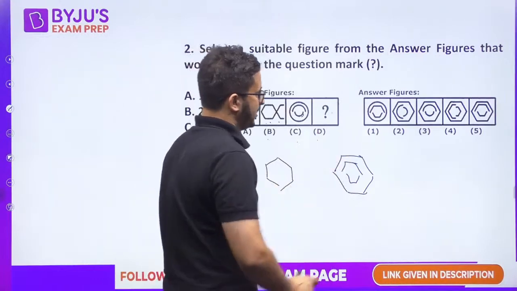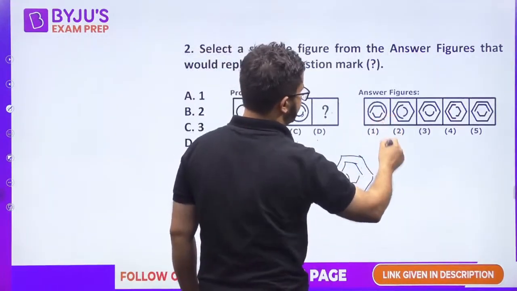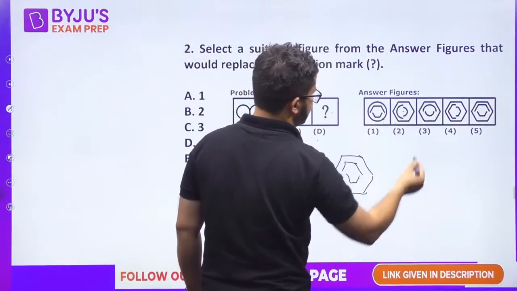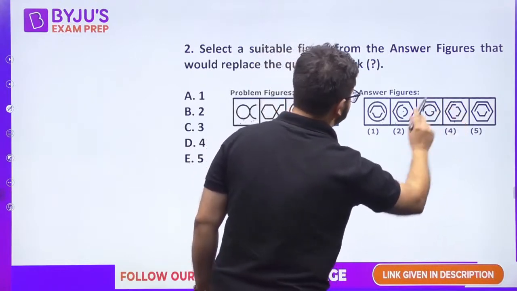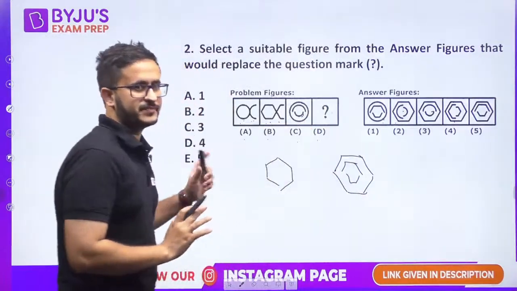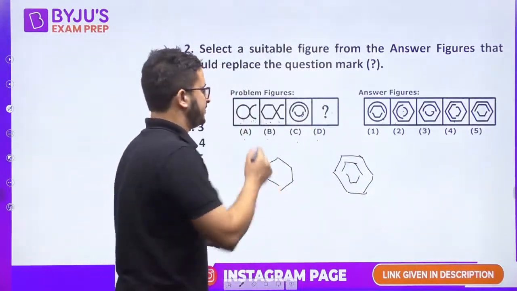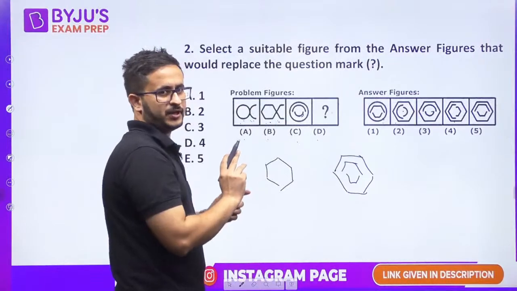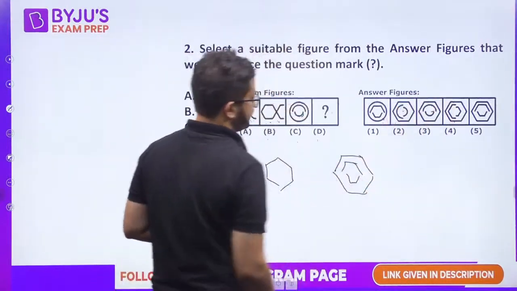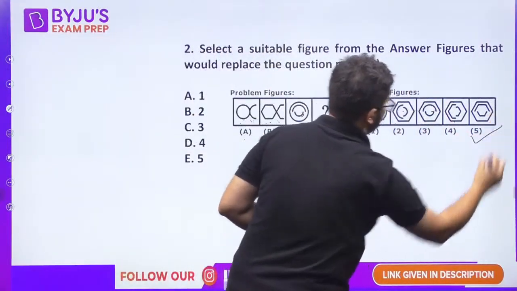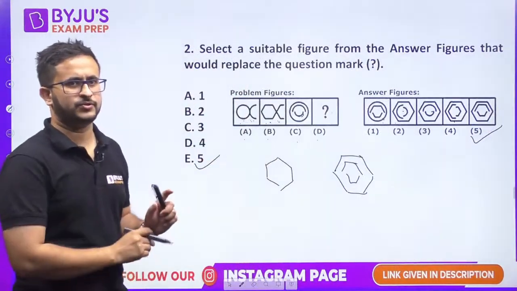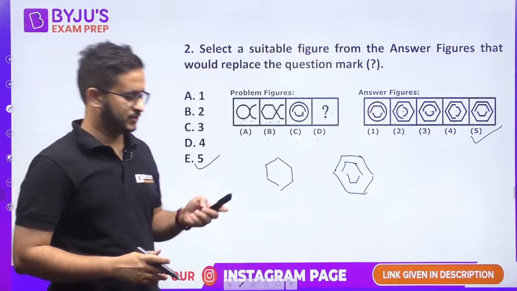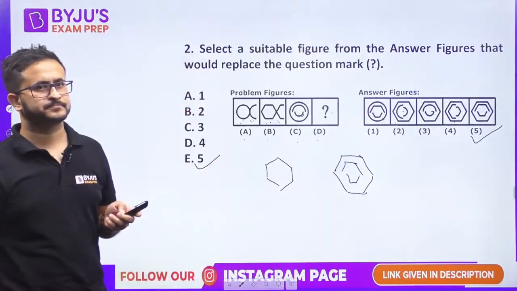These are two semicircles, so this will be a hexagon like this, half hexagon, and this will be another half hexagon. Now in this option, this is circle, this is hexagon, but these are circles, hexagon, these are not converted. This is hexagon and hexagon, but orientation has changed, so orientation should also remain the same. This right side will remain on the right side. It will not rotate. So it is simply option 5th. Easy to spot. Okay, so there is no change to make. So that is the answer.